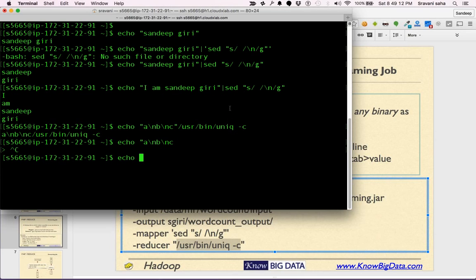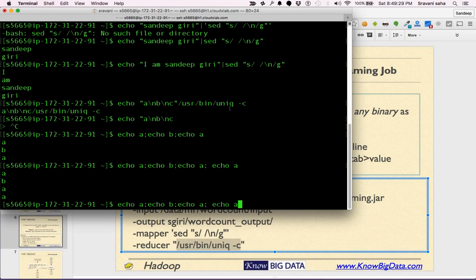I'm saying echo A, echo A, echo B, and echo A. See that? Now, if I say one more echo A, this is what we get as output: A, B, A.